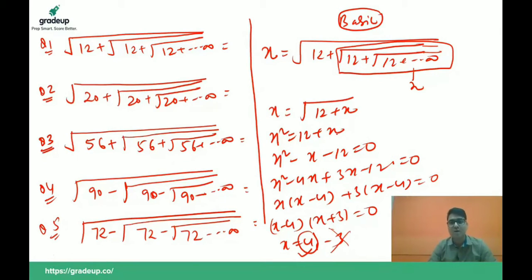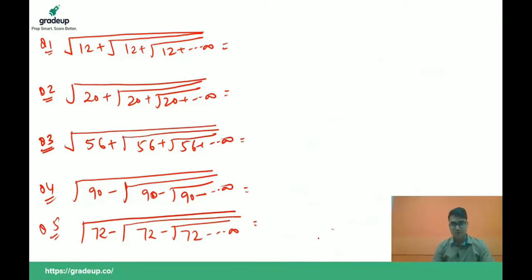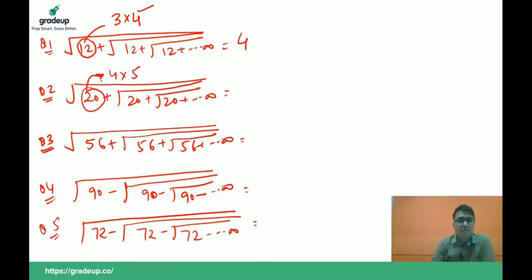But guys, you need not apply this method in your exam. What you need to do in your exam is, in these types of questions, you have to factor the number into consecutive pairs. So this can be written as 3 into 4. If here I am having positive signs, the bigger number will be your answer. Same here: convert into two consecutive pairs. Here I am having plus, so this is your answer. 7 8s are 56. Here I am having plus, so this will be your answer.